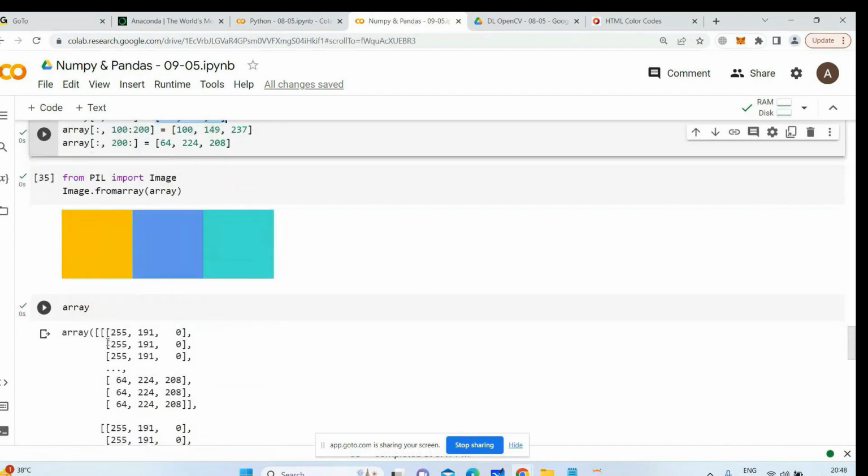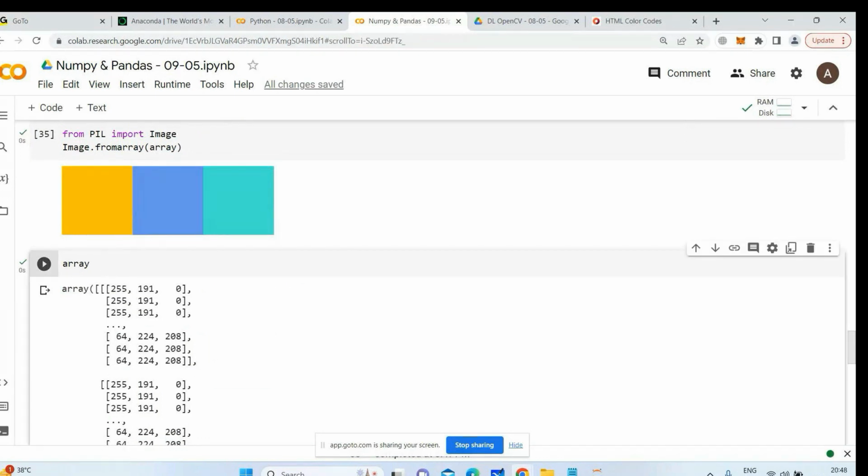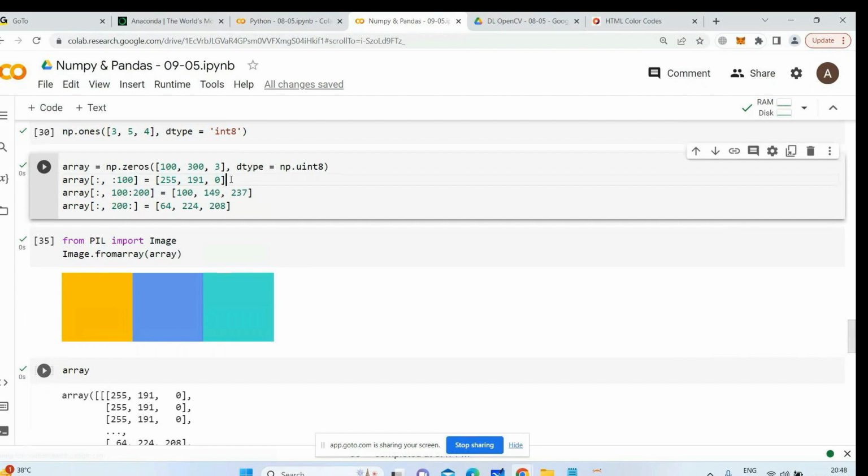Okay. For first 100, then next 100, then next 100. First 100, you are filling it with one color. This first array comma colon you have written, right? From the three-dimensional matrix, you are saying the whole matrix, right? From 0 to, I mean, all the